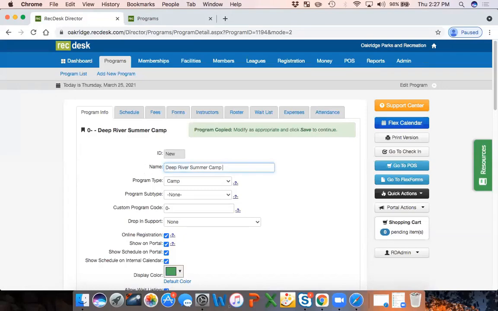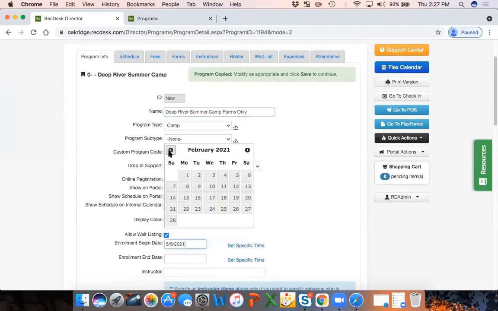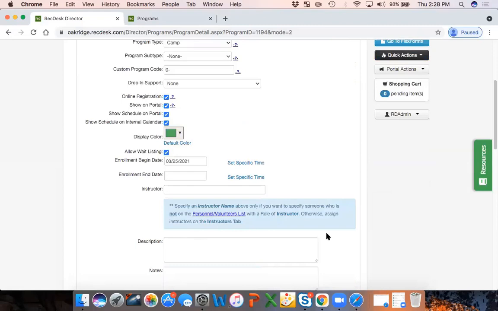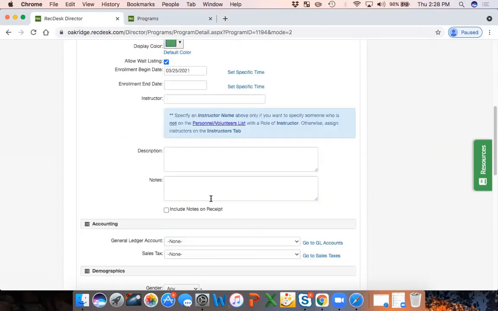You can call this one Forms Only. And this is something that you can have them start registering for now. And you can end registration when regular camp begins, or you can leave it open if you'd like, just to make form resolution easier. Please keep in mind, though, it is important to put in the notes that this is not